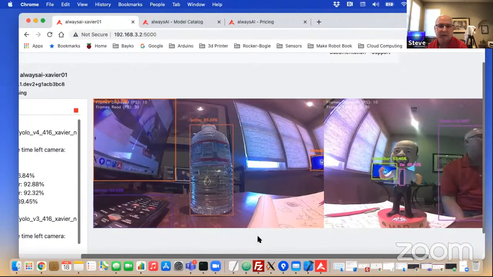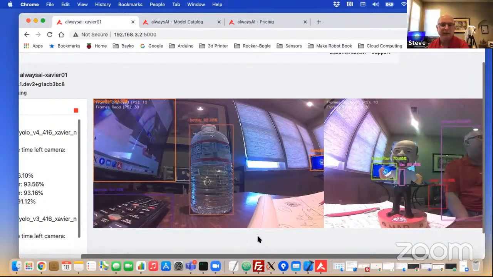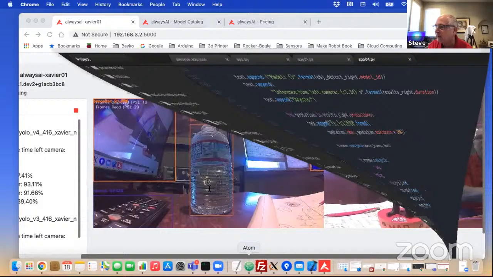I have this Ethernet in. And the reason is, if I went over on the Wi-Fi, the Xavier actually overfloods the Wi-Fi adapters, bringing information across the Wi-Fi. So I always have it plugged into the Ethernet port and an Ethernet port on my laptop. So any questions out there? This is it running. And, basically, if we took a look at the code,